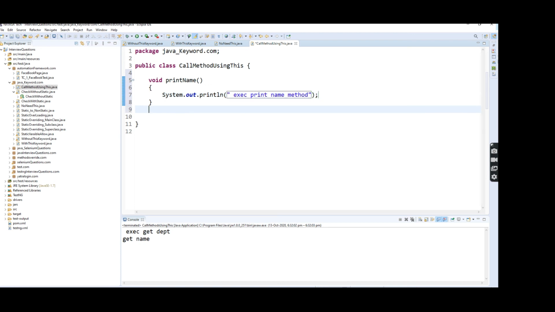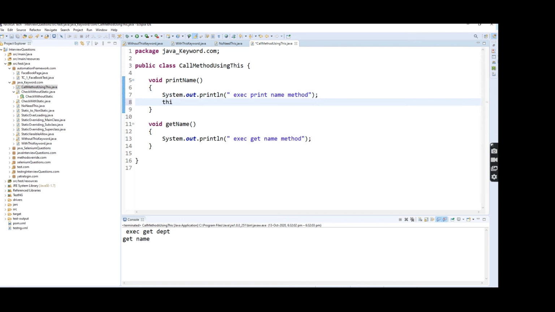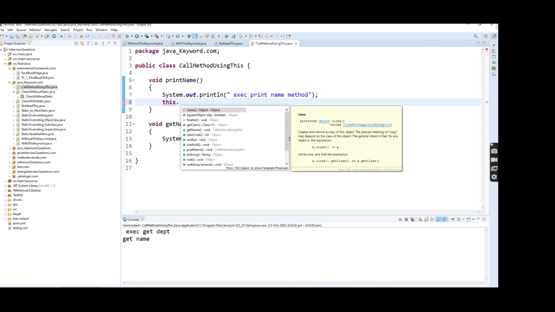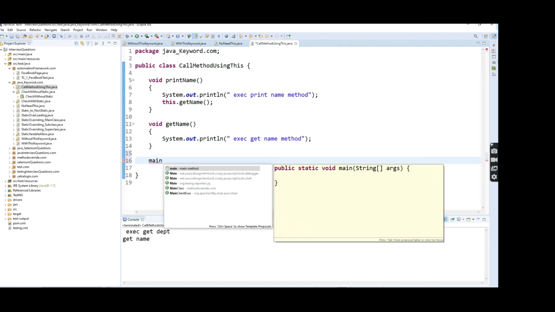The second method is getName, which executes the get name method. Here I'm going to call this method inside the printName method using the this keyword, this dot getName. Now I'm going to run this.